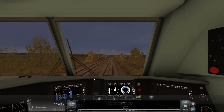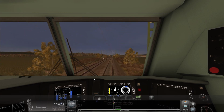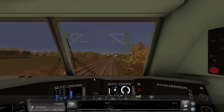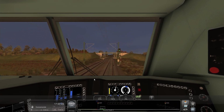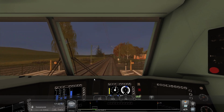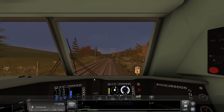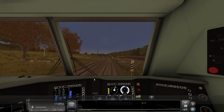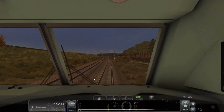Yeah, so hopefully it won't be long from this till I churn out the next bit of footage. I think I'll start doing flight sim videos as well, because I finally got a joystick, I finally got rudder pedals and so on. And Microsoft Flight Sim is a year old now. It's starting to head up to the level that P3D and X-Plane are or were at beforehand. Even after Sim Update 5, some stuff is broken, but at the same time it's really improved the performance, and it might actually make it streamable